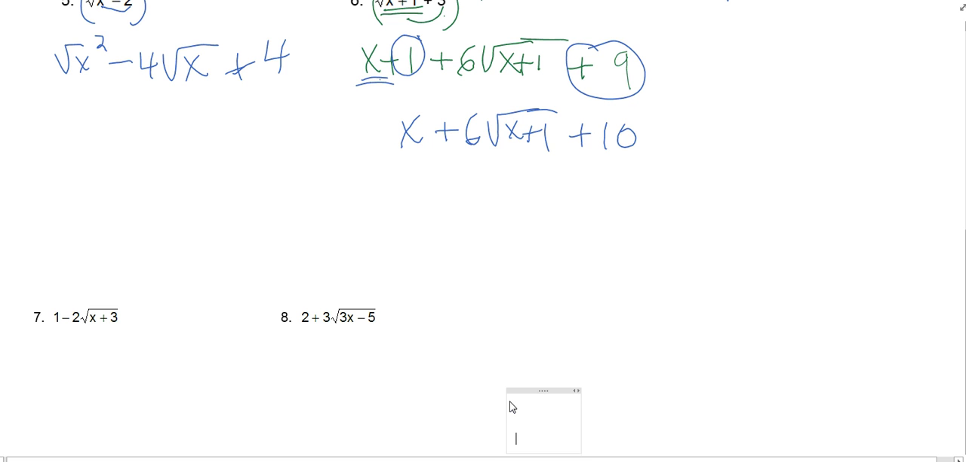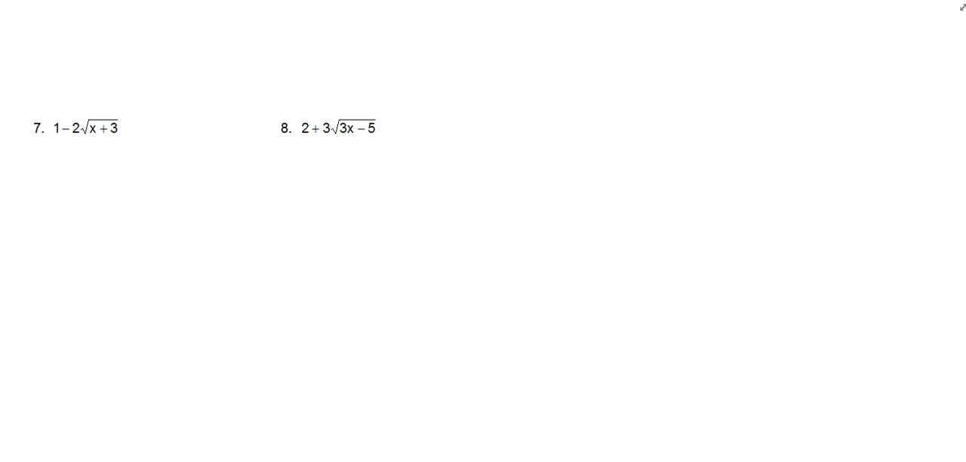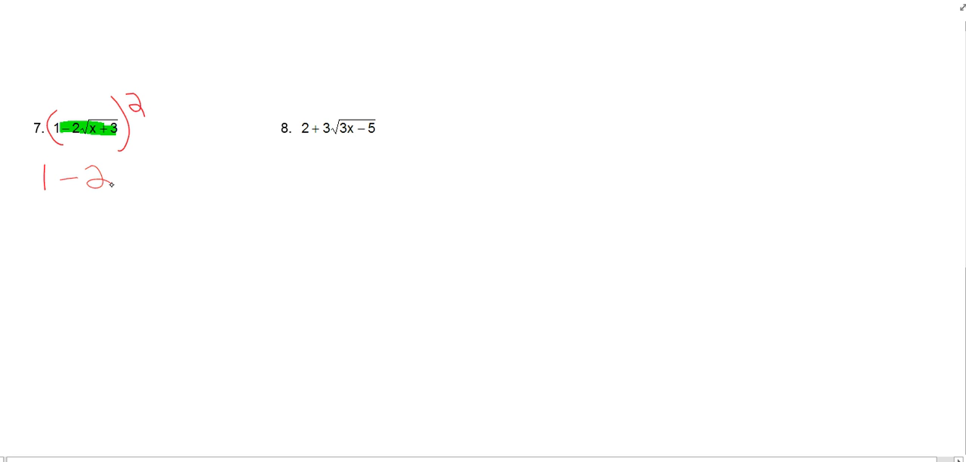Let's see if I can get a little more space here. Alright, number 7. We'll take this and square it. When you square 1, 1 times 1 is 1. And now let's look at the inside quantities. We're going to multiply these two together to get a negative 2 square root of x plus 3, right? Because 1 times negative 2. So we're going to change back to red. So we're going to get 2 times,